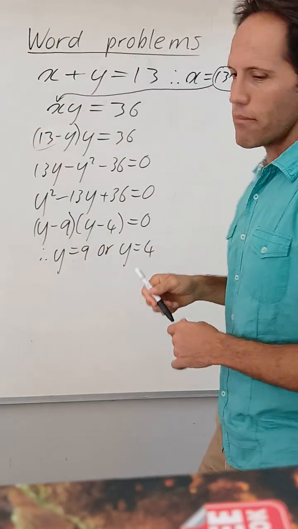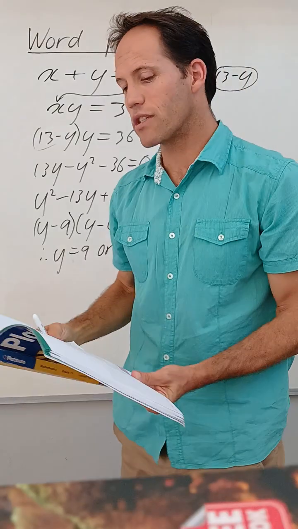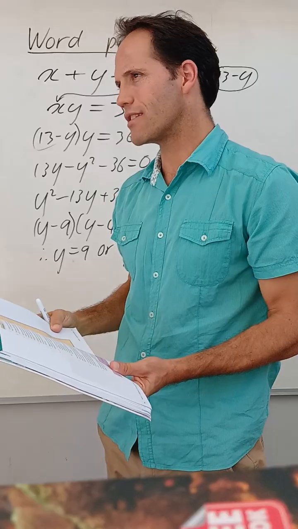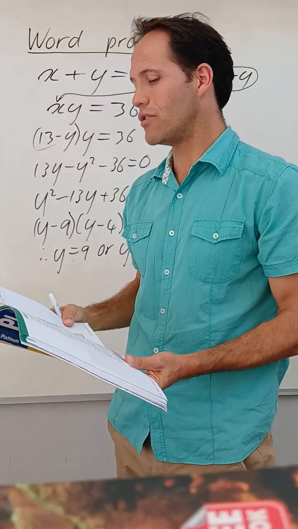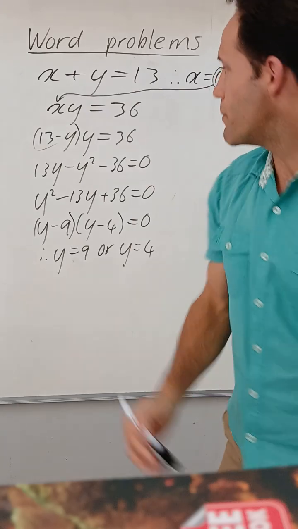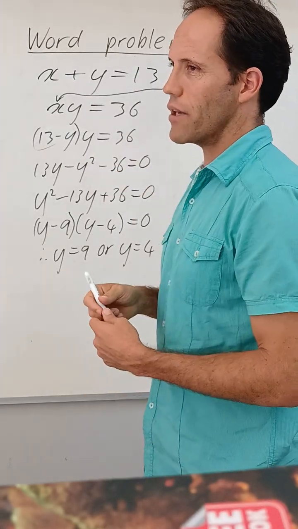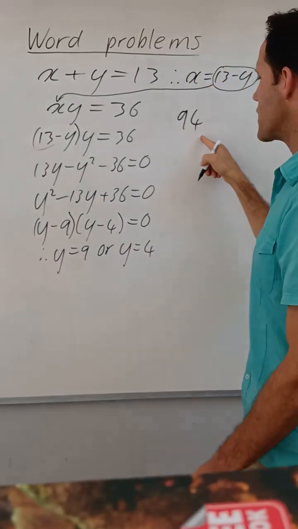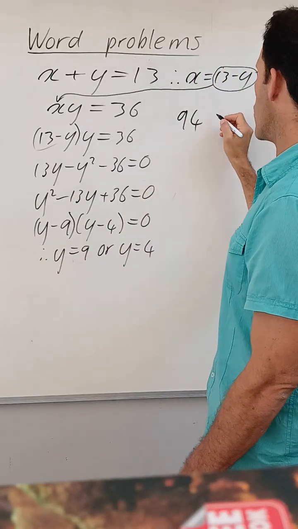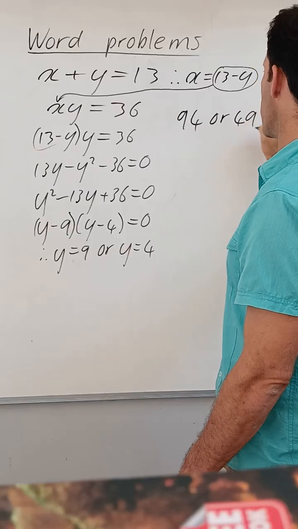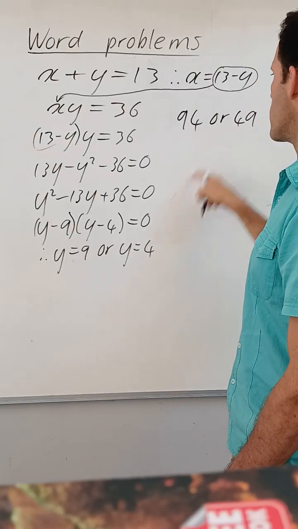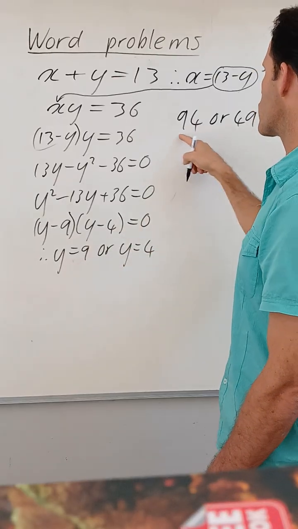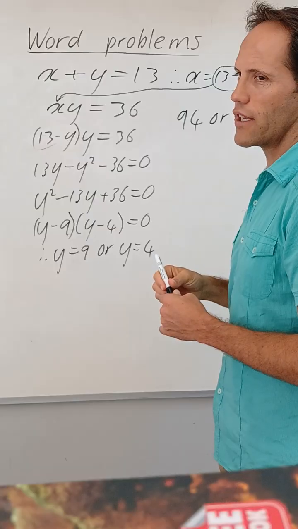But remember the question said in the beginning, the sum of the digits of a two-digit number. Think about that, the sum of the digits of a two-digit number is 13. So in the beginning they wanted you to know what is that two-digit number. So the two-digit number will either be 9, 4, that's the one option, make y 9, then x is 4, or it will be 4, 9. Make the x 4, you can make the y 4 and the x 9, or you can make the y 9 and the x 4, but that's going to be your two-digit number, 94 or 49.